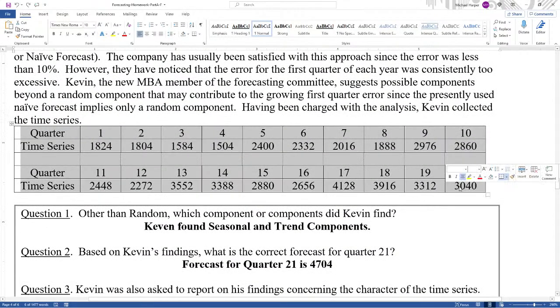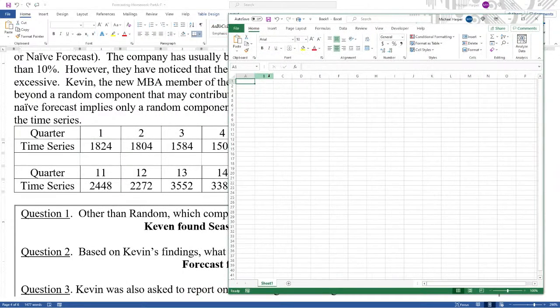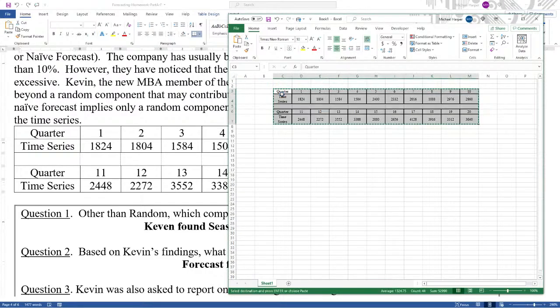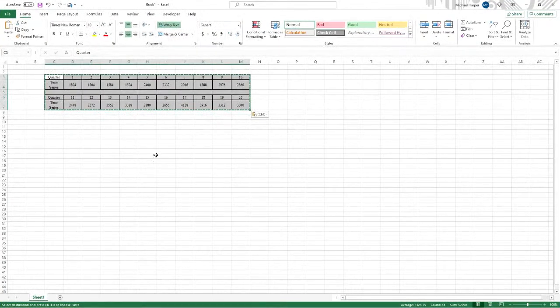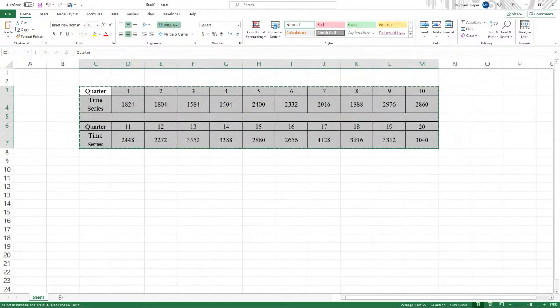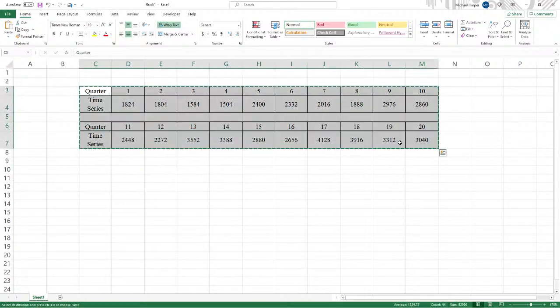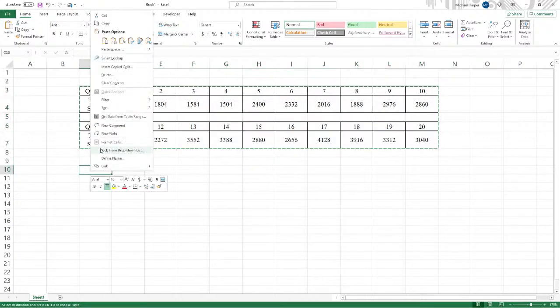Let's take the data, Control C, copy it, and let's open up Excel. We come down here, Control V, paste, and so there's our time series. Okay, and so let's enlarge it so we can see what we're doing here. Okay, so now that we have our time series, let's copy it, bring it down here,